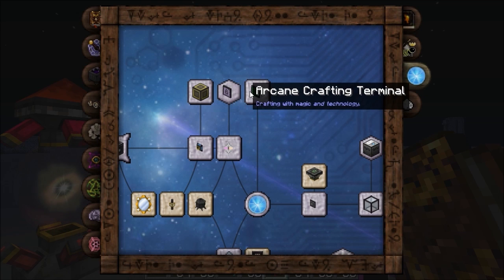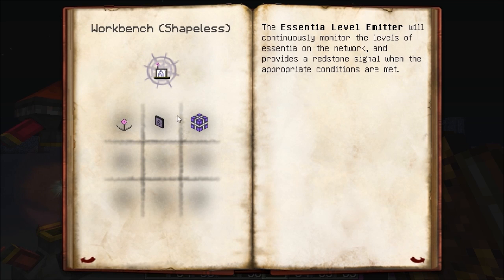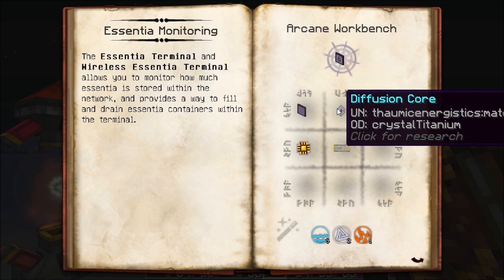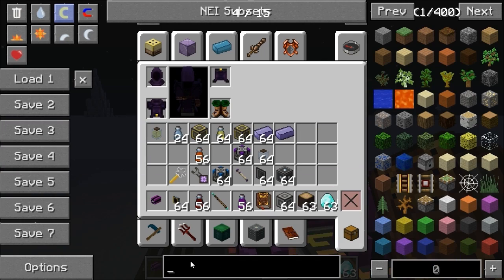And we've got these 2 things here. We've got an arcane crafting terminal and an ascension monitoring. So ascension monitoring is the one we should look at first, because that's the most straightforward. So ascension monitoring, just a panel, those cores that I mentioned, logic processor and a V filter. You craft that in your arcane workbench, not in your normal crafting table,